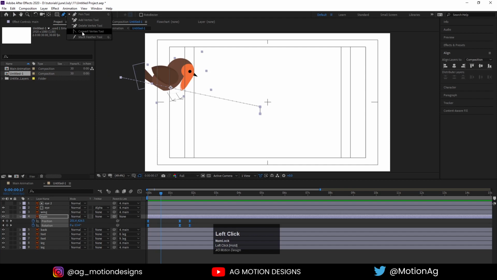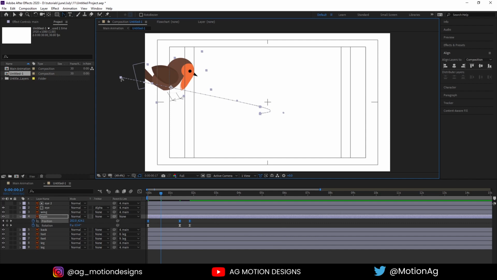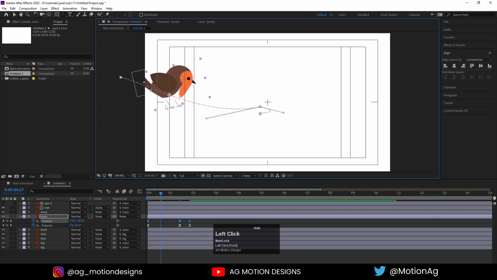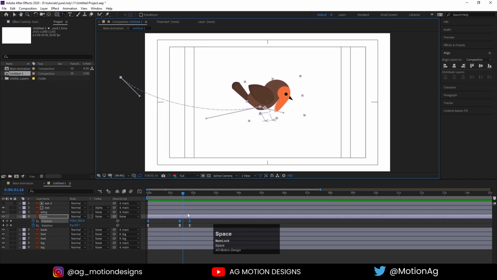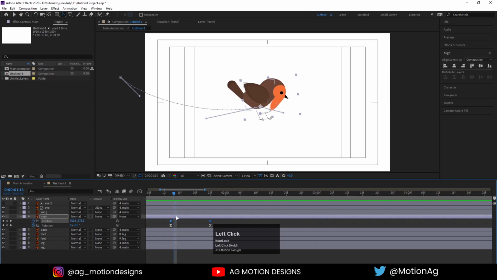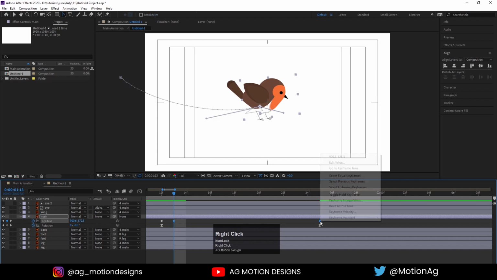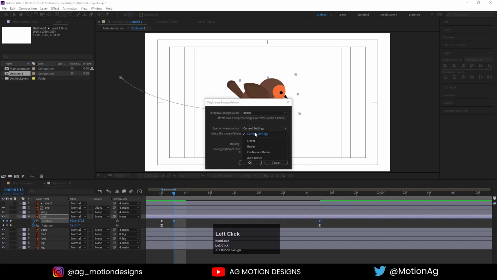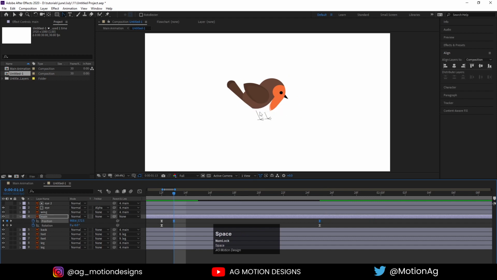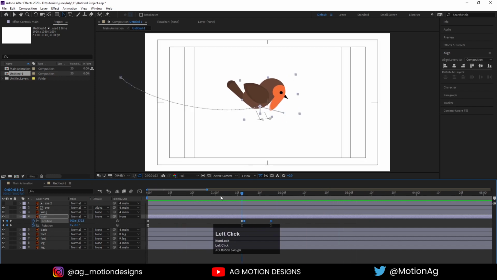Go to choose this convert vertex tool and move it over. Just click over here. So after clicking this, as we can see, we are getting this kind of handles. So what we can do is drag these handles like this. Again we are getting this type of problem. So for that, what we can do is just go over here, zoom in, Control C, Control V, select these two keyframes, right click, keyframe interpolation, change current settings to linear, so we will not get this error.